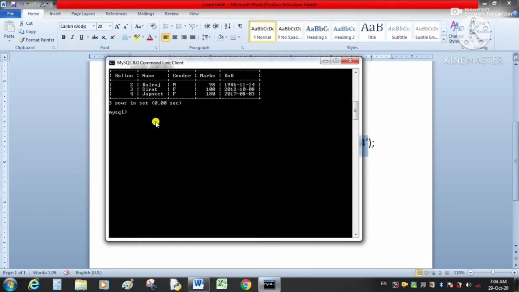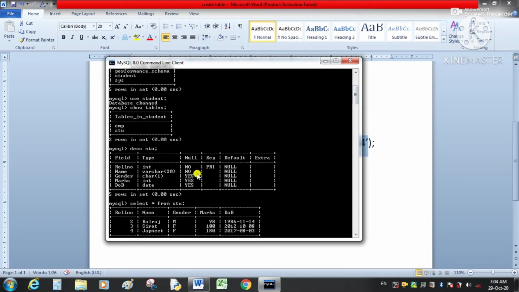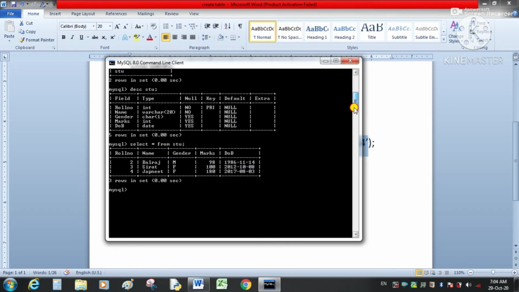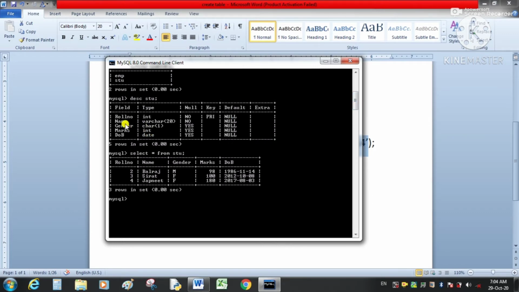Now we will use the alter command to modify the structure of the table. So this was the structure of the table. First of all we will add a column to this existing table. Here we have only 5 columns.